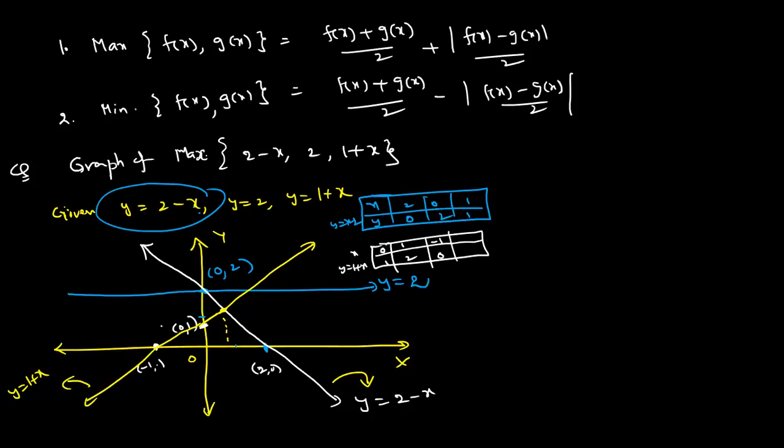So where they are intersecting, how to find? Simply, that is not required, but I'm trying. Dear students, 2x is equal to 1, x is equal to 1 by 2. This is 1 by 2 that is coming. No problem. Yes, absolutely correct, Pranit.